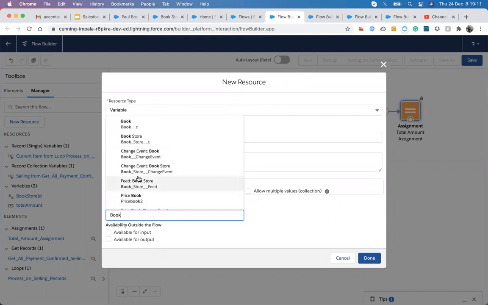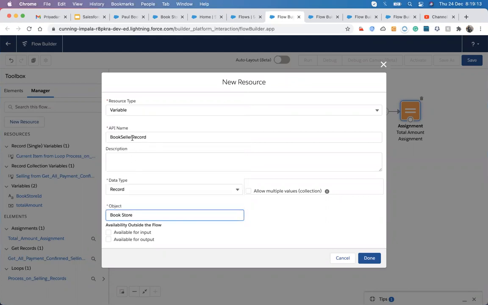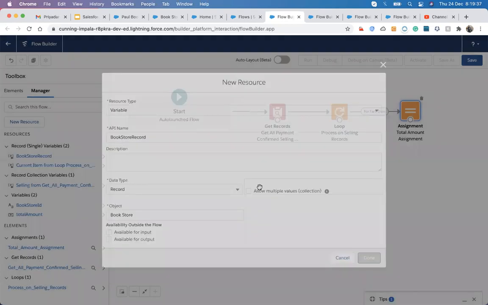So where is my bookstore? Actually, the update is not working on the sObjects, which means it's working on the variables. So I'm just creating a variable that will store the bookstore object information. For that, I will create a variable having type bookstore, and I hit done.